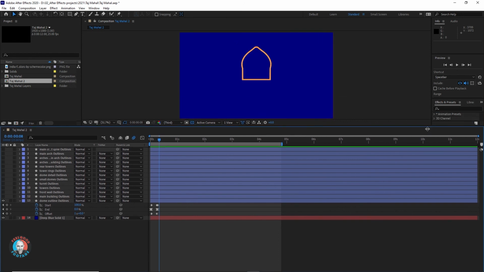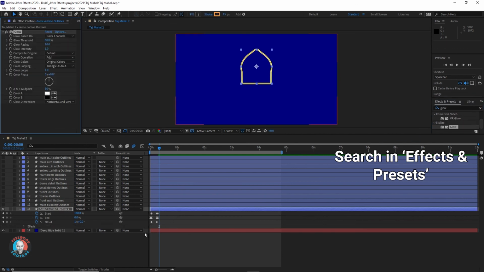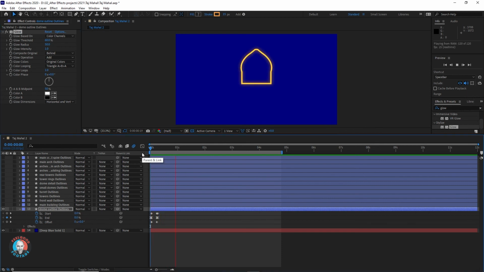As the flickering on effect looks kind of like a neon tube switching on, I'm going to drop a glow effect onto the layer. I'll set the glow radius at 50. I think I've left the other values at their default. That looks pretty cool. Now I just need to do that to the other layers.